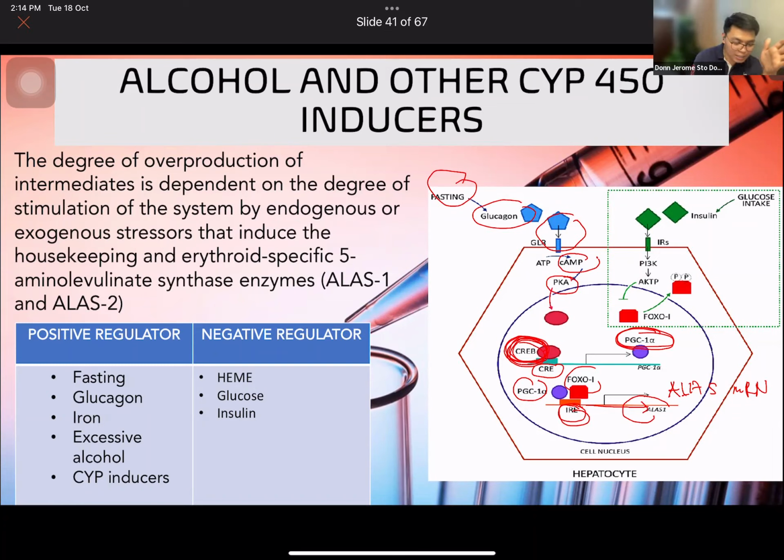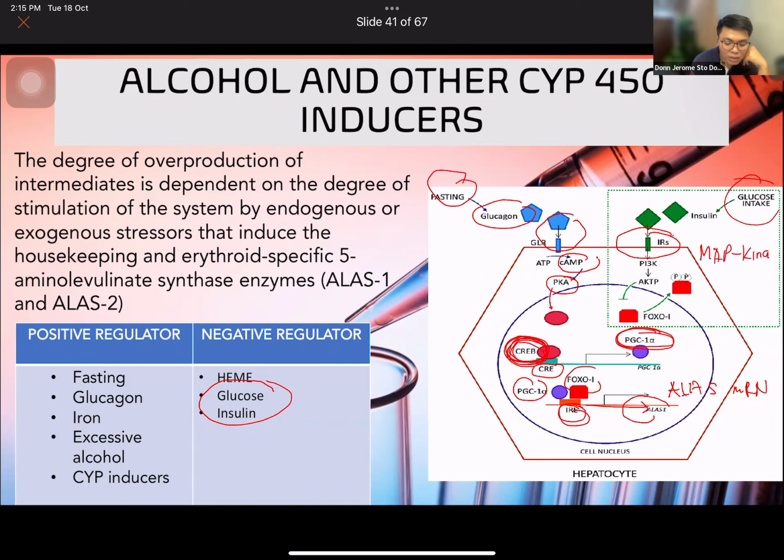On the other hand, as you can see here, glucose and insulin are negative regulators of ALAS. Do they stimulate it or do they inhibit it? They inhibit your ALAS synthesis. How will they do that? Glucose intake, whether orally or given through IV injection, would stimulate the release of insulin. Insulin will bind to its receptor, your receptor tyrosine kinase, leading to activation of the signal transduction MAP